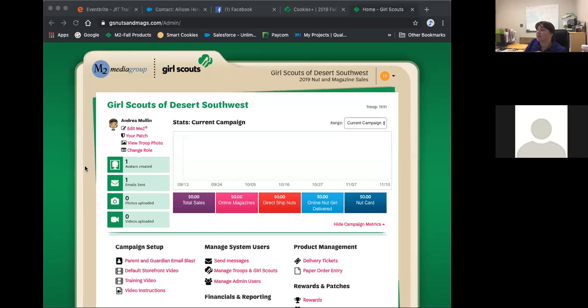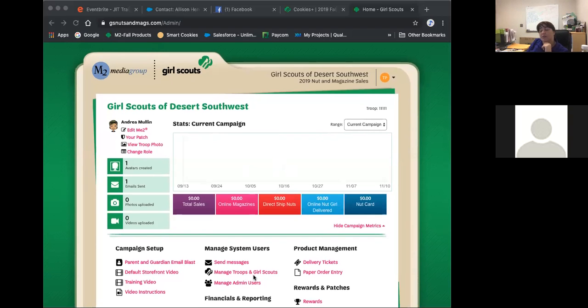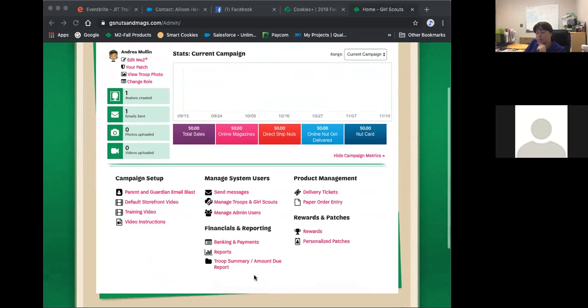Okay. So from your troop dashboard, and like I said, I'll go over the service unit side as well for anybody who logs in that has service unit access. But from your troop side, there's a number of reports that you'll be able to access. The most important report that I want to cover first is going to be your troop summary and amount due